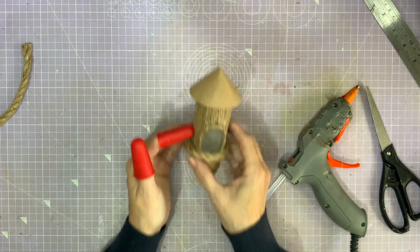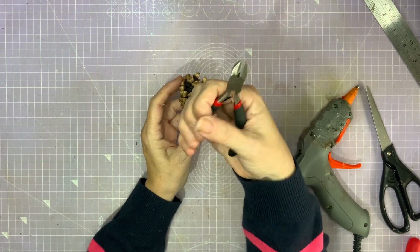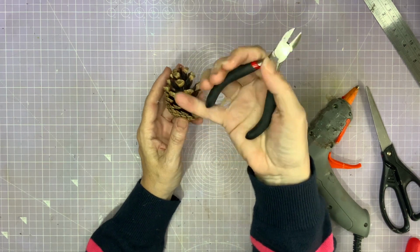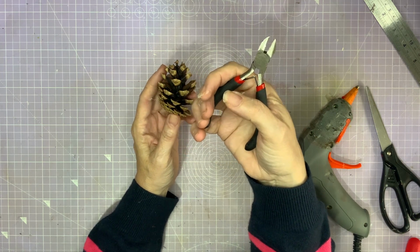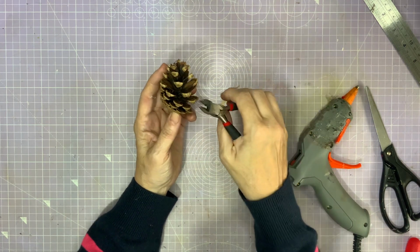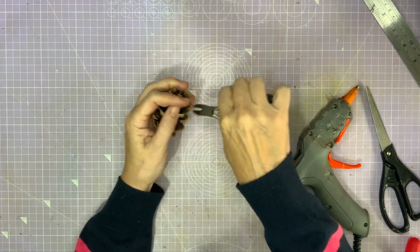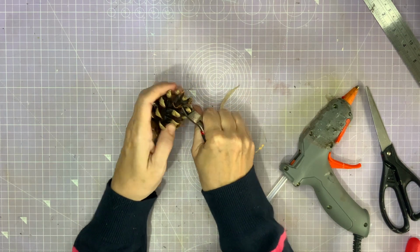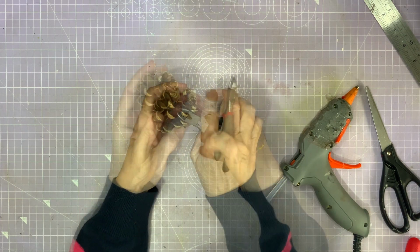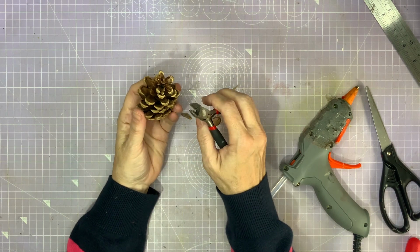Yep, that'll be fine. Next thing, find yourself a pine cone. And I'm using this old pliers. You can use garden shears. Not garden shears, is it? A garden pruner. Shears would be rather large. Or scissors if you've got one. And then clip off, like that, all these little bits of a pine cone. When you get to the bottom, they're too tight together,